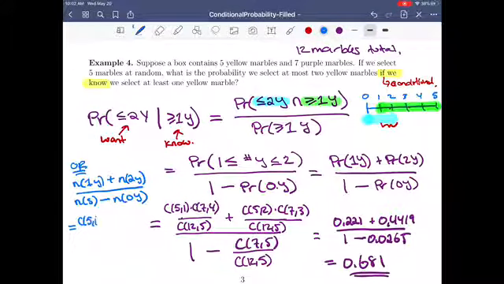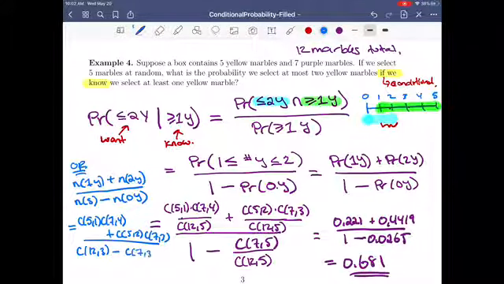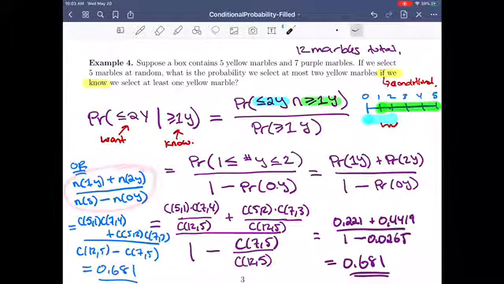So you could have 5 choose 1, 7 choose 4, plus 5 choose 2, 7 choose 3. All that would be over 12 choose 5 minus 7 choose 5. Sorry, 5, I don't know where 3 came from. And that's going to give you the exact same 0.681. So you want to be careful. I just wanted to illustrate the difference here. If you're using counting, when you're doing the complement, you have to use the sample